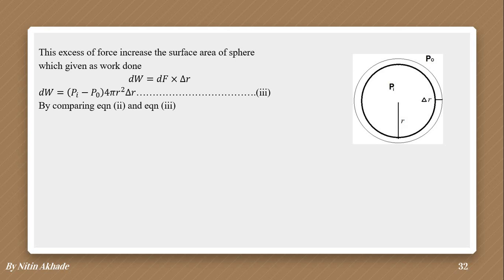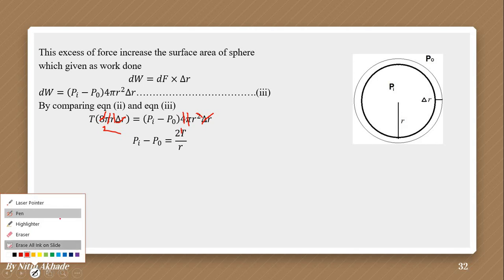So comparing equation number 2 and 3, we can give the equation: T into 8 pi r into delta R is equal to (Pi minus Po) into 4 pi r square into delta R. From this equation we can cancel some terms: delta R and delta R get cancelled, r and r square get cancelled, only r is remaining. Pi and pi get cancelled; 4 ones are 4, 4 twos are 8. So the remaining term is like this: Pi minus P out is equal to twice of T upon small r,